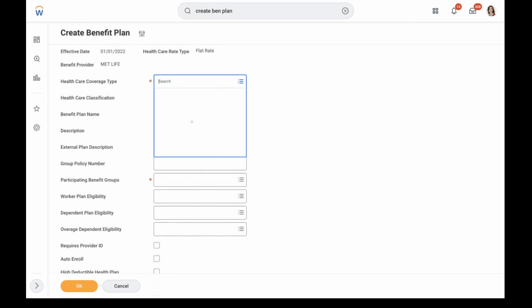Coverage type, we already created AMD medical, select. Classifications, as I said, vision, dental, etc. Ignore this one, I will explain. Plan name I'm not giving because I want to display AMD. Where is that? MetLife AMD. If you want to give some name, you can give. Plan description, you can provide something like